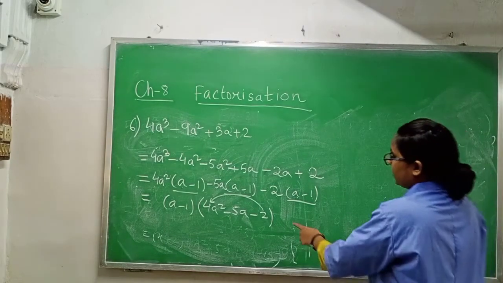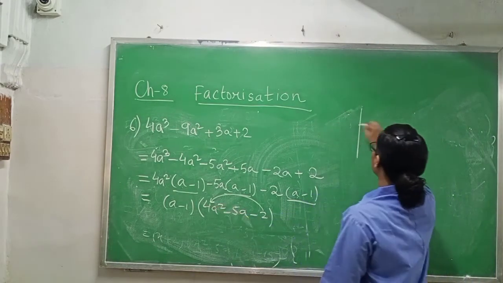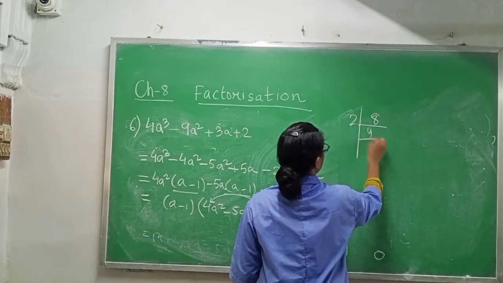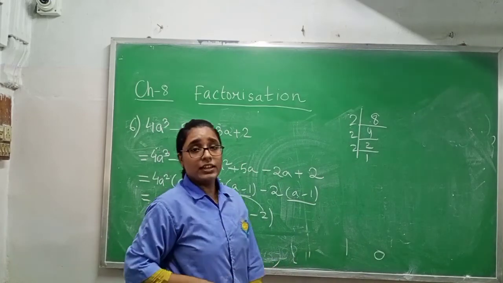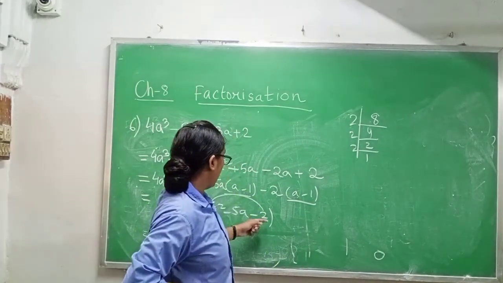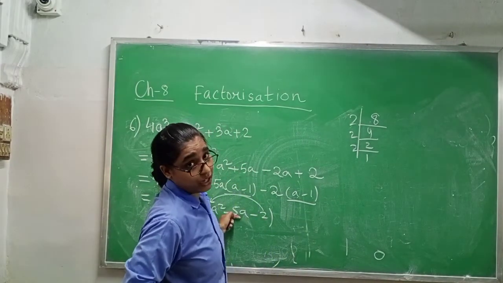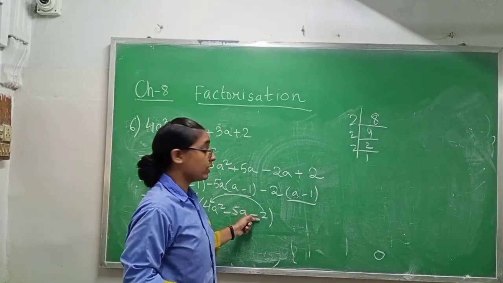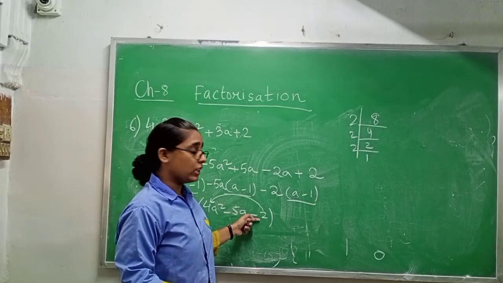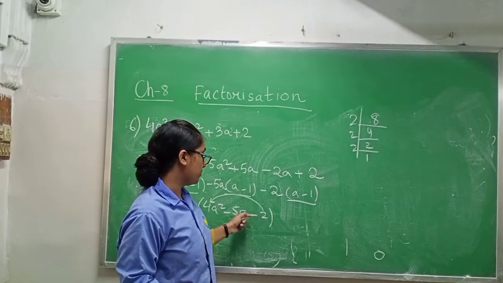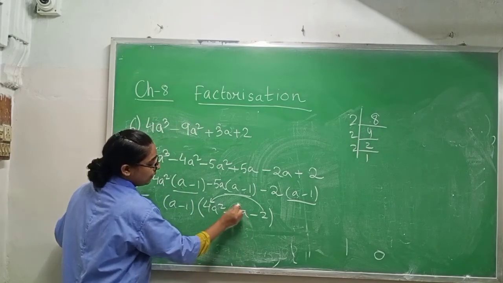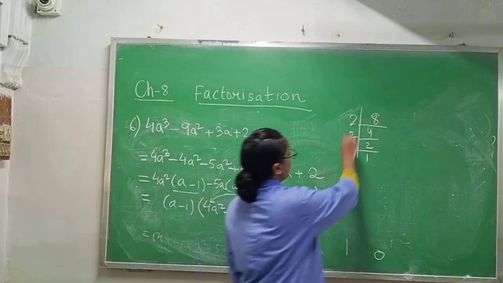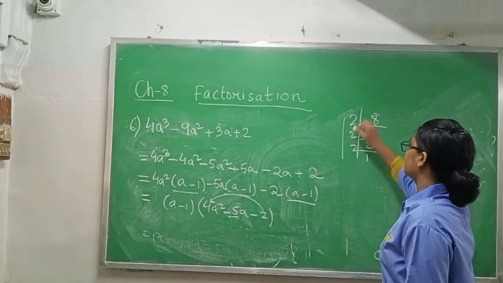Now if I will take LCM of 4: 2 4s are 8, 2 2s are 4, 2 1s are 2. I need 8 after multiplication and 5 after subtraction. Why subtraction? Because I see this sign, this is a minus sign. So I will need minus 5. Why 5? Because of this one. Whatever number we have here, I need this one only. So is it possible to get 5 from here?